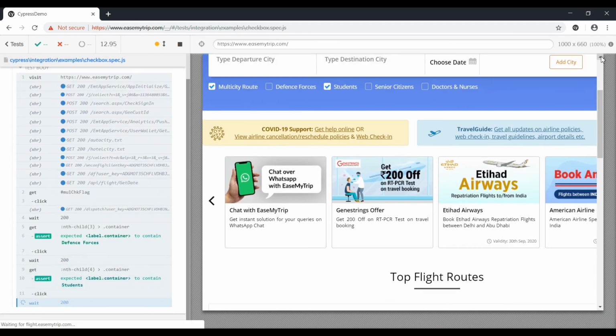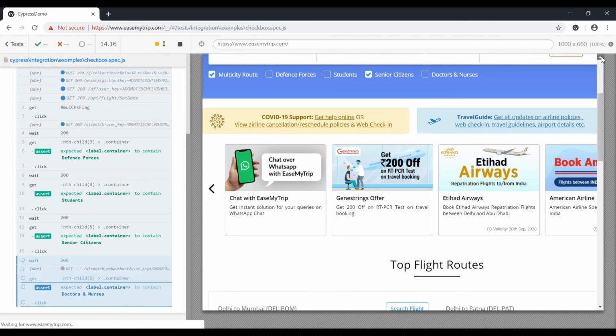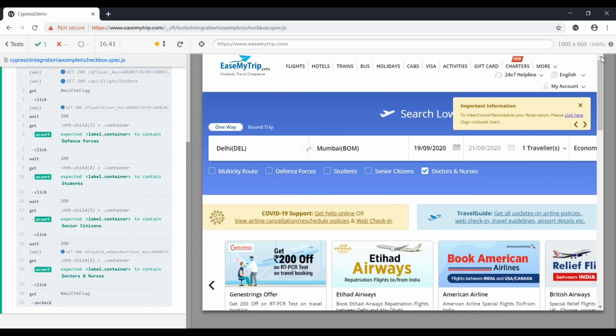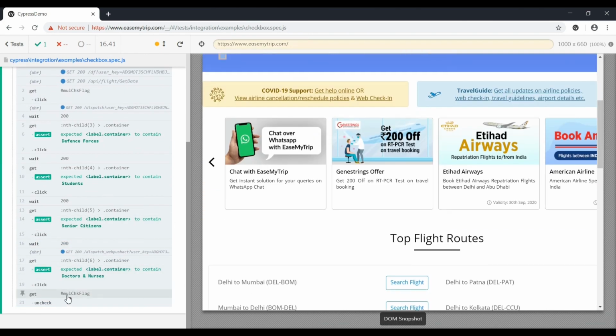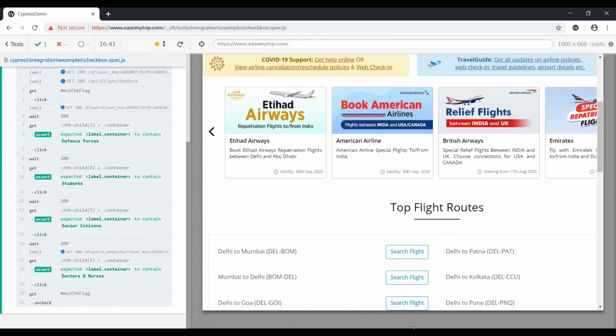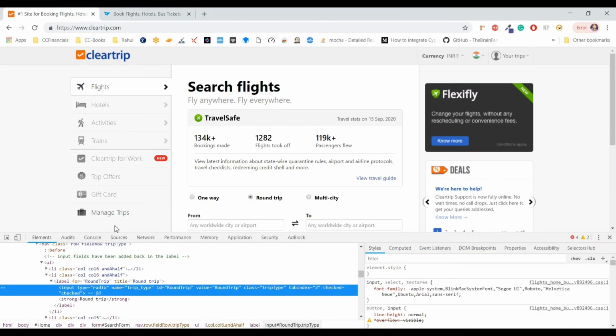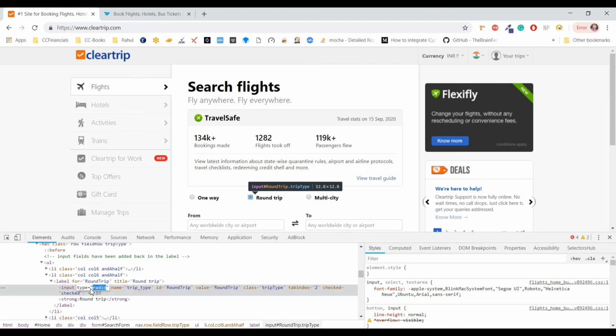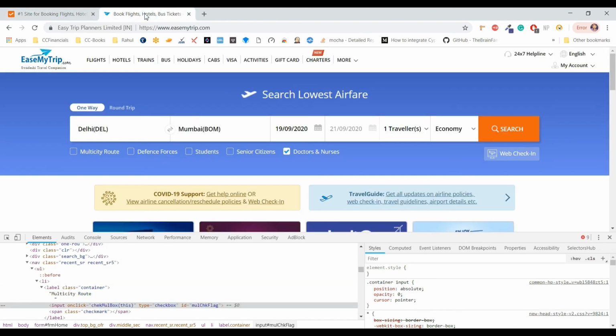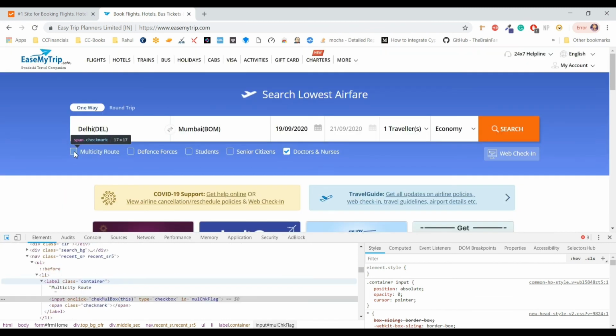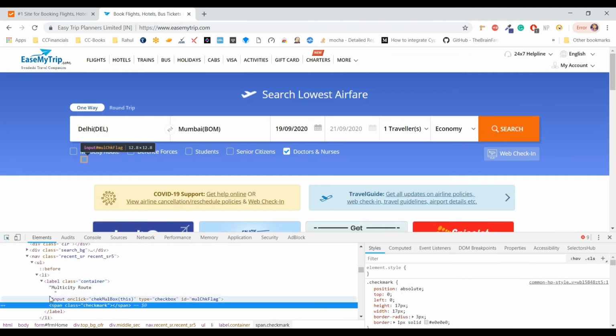You can see all the checkboxes are getting selected, and the first one is selected. Now it is not selected. The uncheck has unchecked the checkbox. So this is basically how checkboxes work, how you can change the behavior, and how you can use them. The type needs to be a radio button or a checkbox, so that you can use check or uncheck, and you can use click if you need to.